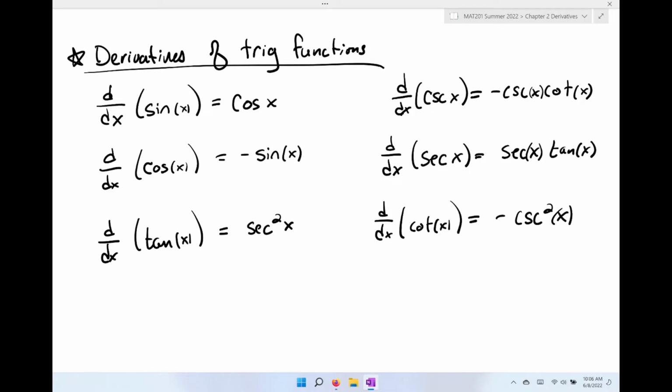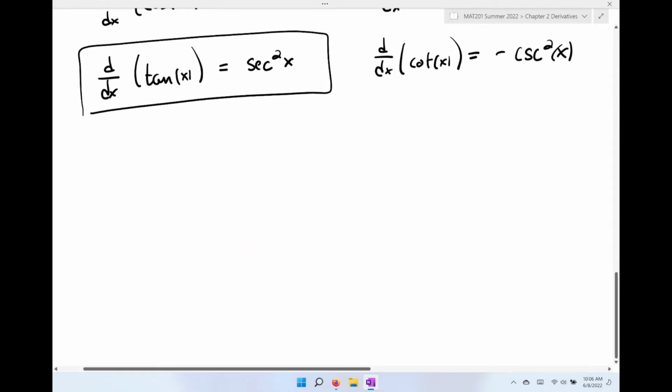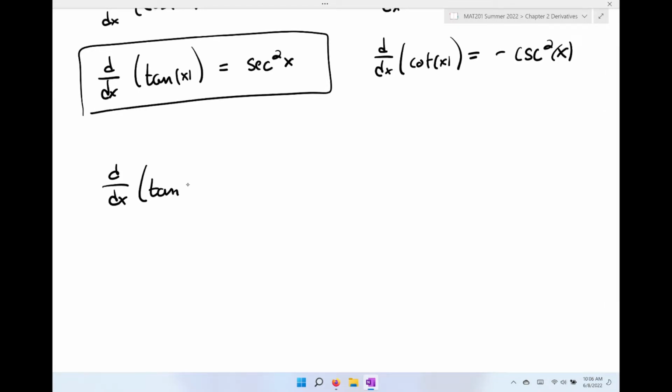So, for example, the derivative of tangent x is secant squared x. Well, let's see why, okay? We are going to have to remember all of our trig functions that we learned a while ago. So if you need to, get out a trig book. I'm going to upload a little trig review. It's going to be very small though, okay? So make sure you go back and verify the Pythagorean identities, the double angle formulas, stuff like that. So the derivative of tangent x is equal to, well, let's think of it this way. We know tangent is sine